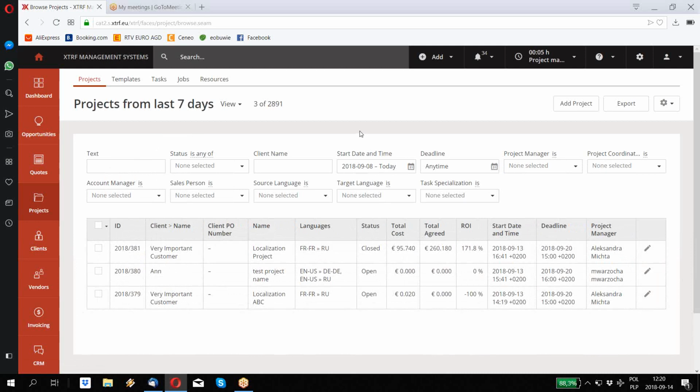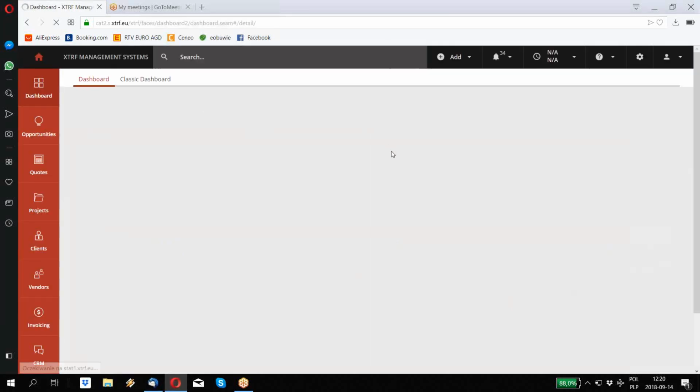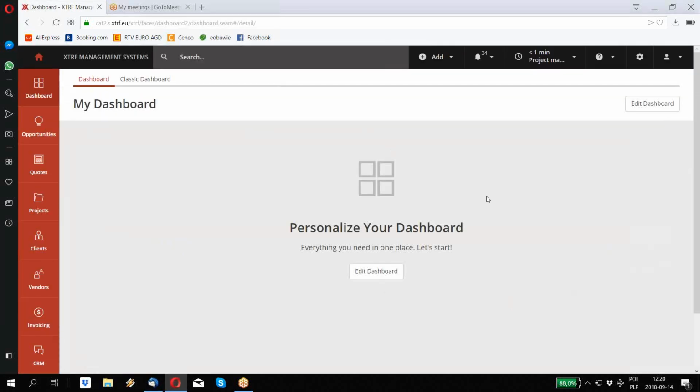Having customized displays, and you can customize displays in every single system area in an analogical way, in the quote, client profile, vendor profile, invoicing sections, for example, let's define a workspace for a project manager or any other team member, the dashboard. The dashboard feature may be personalized by each team member depending on the role of that person in the company